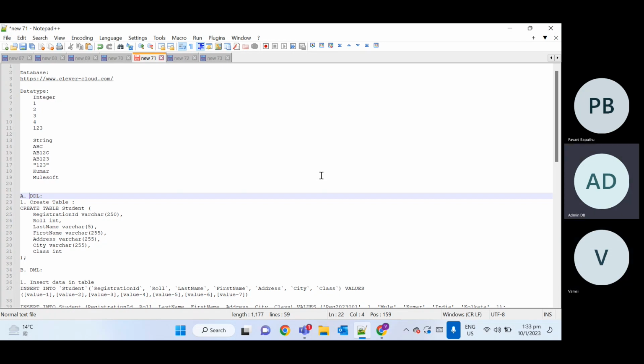We will be more focused on SQL query for DDL, meaning data definition language, where we will create and update the structure of a table, and we will discuss DML, where we will do processing with records. Either we will insert or delete or whatever. So before going to start that,